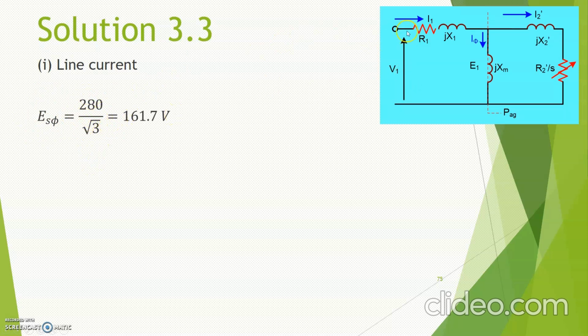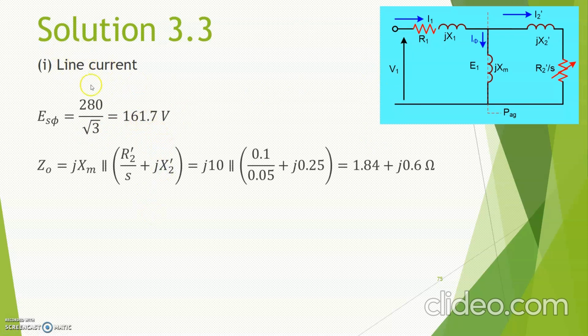So you get the E phase, which is your V1, equal to 161.7 volt. Okay. And then, in order to find the line current, which is I1, you can just use Ohm's law, where I will be equal to voltage divided by the Z equivalent. Okay, so for the Z equivalent for the IEEE approximate circuit, first of all,